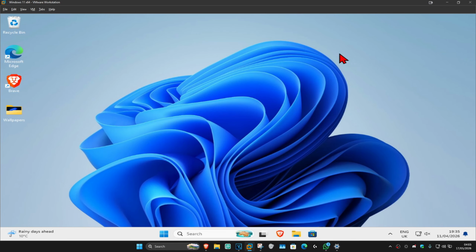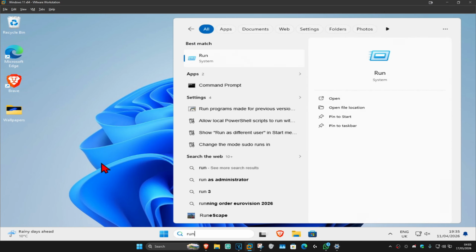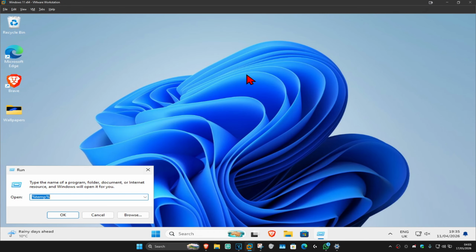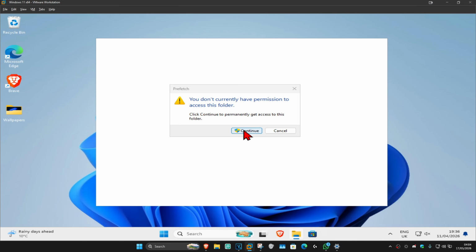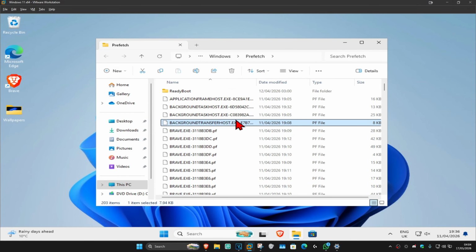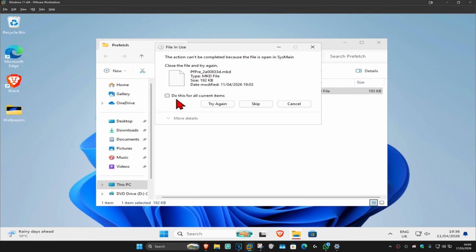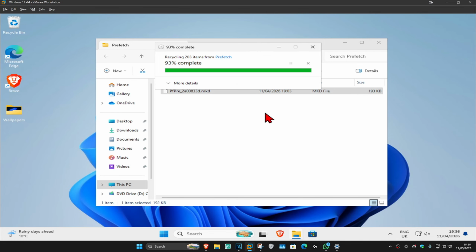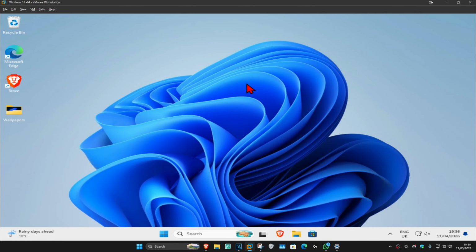We're going to do it one more time. Go to search and type in run. Click on it. Now you want to type in prefetch. Click on enter and then continue. Do the same thing. Ctrl A, delete. Tick the box, try again. Tick the box, skip. Lastly, come to your desktop, find your recycle bin, right click on it,